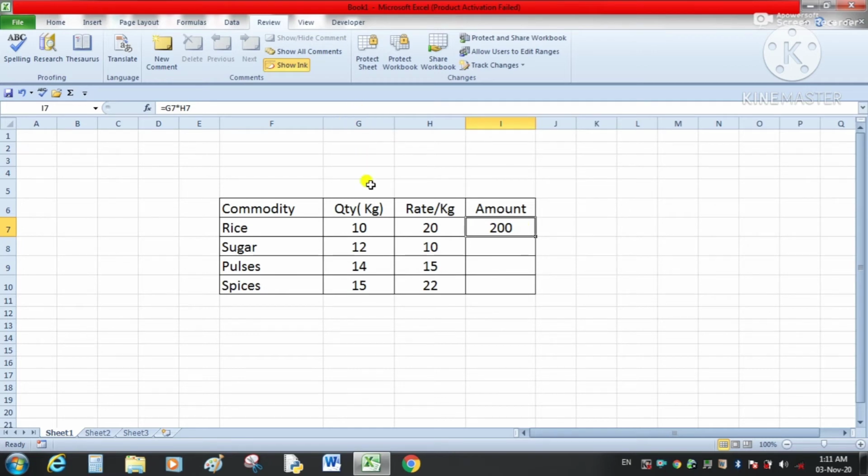G7 means this cell having value 10, and H7 means this cell H7 having value 20. So here we take the multiplication of G7 and H7. Now if I drag this formula downward,